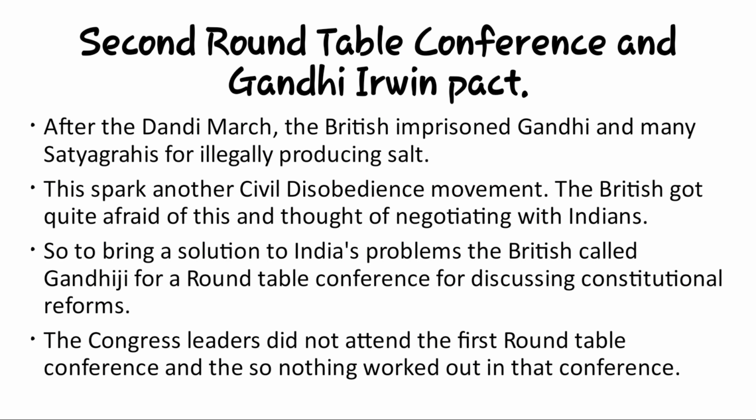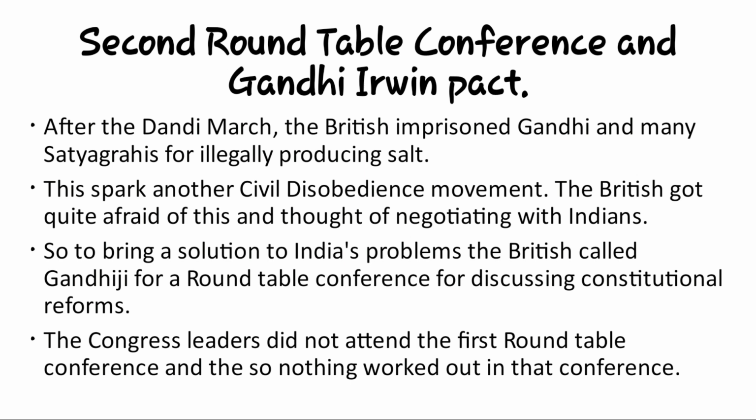So, to bring a solution to India's problem, the British government called Gandhiji. As there was a round table conference they were planning, they would sit together and discuss the problems. As I told you in 8th standard and in the previous sections, a total of 3 round table conferences occurred. In the first round table conference, nobody attended from Congress. In the second round table conference, Gandhiji was the only representative from Congress party, and